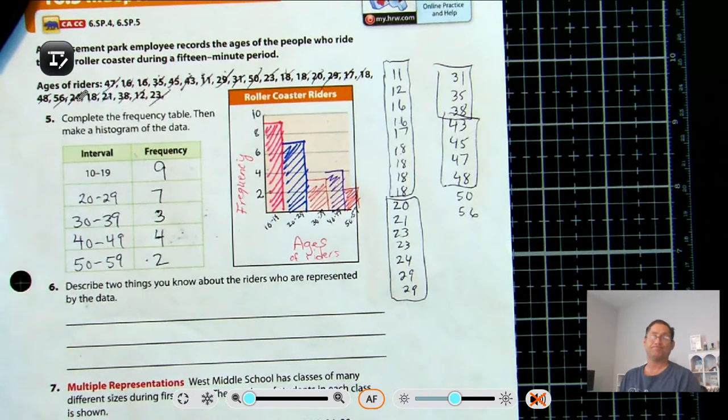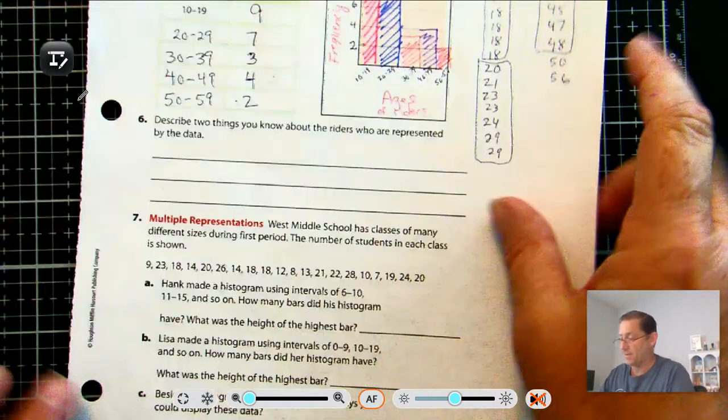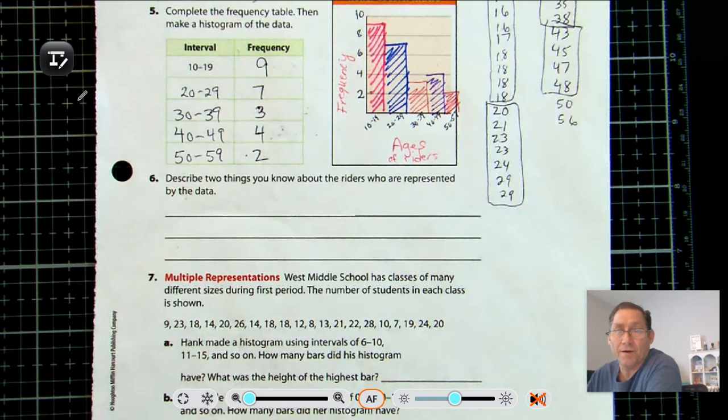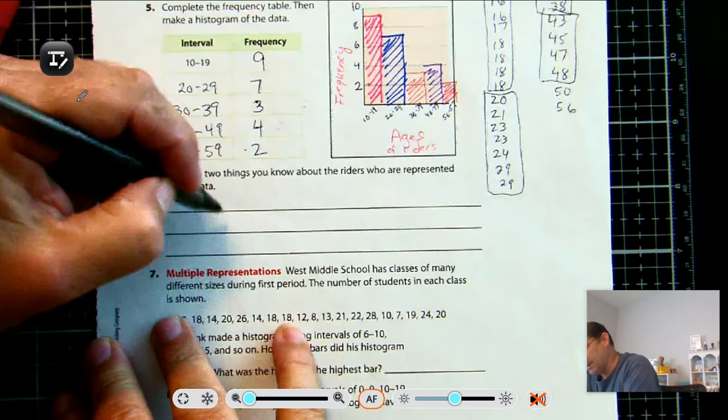Okay. All right, so describe 2 things you know about the writers who are represented by the data. Well, we know that the highest number of writers is between the ages of 10 and 19. So the greatest number of writers